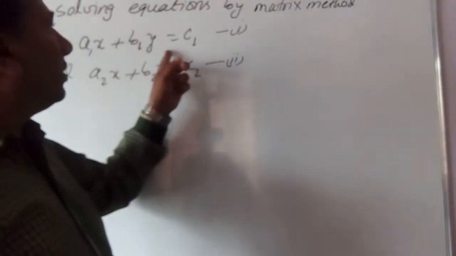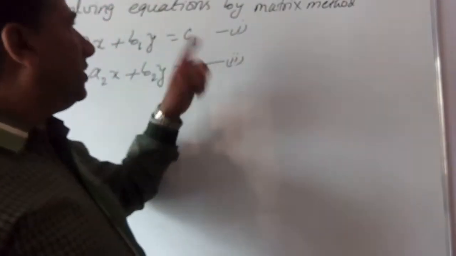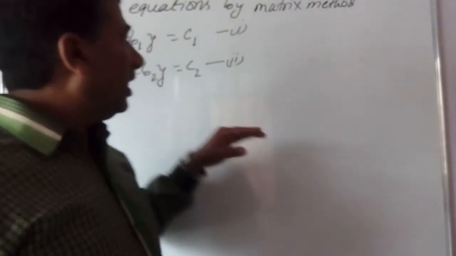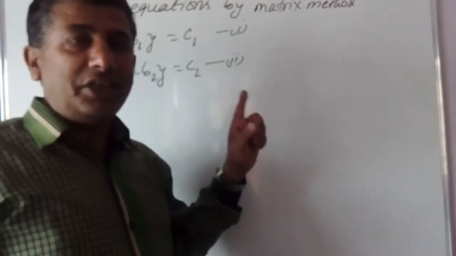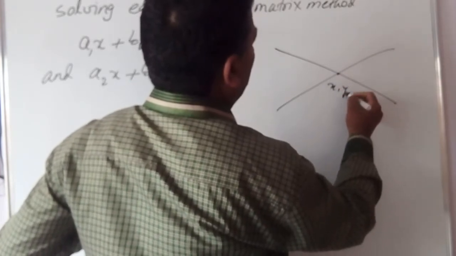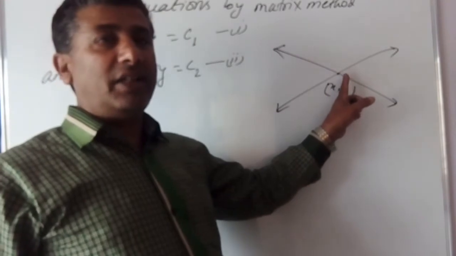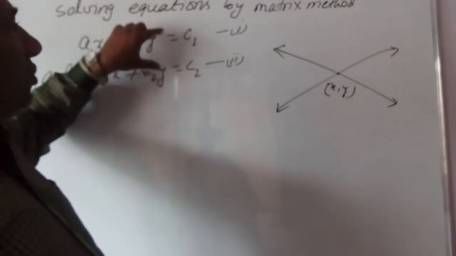Now remember that a linear equation represents the equation of a straight line also. It means equation 1 gives one straight line and equation 2 gives another straight line. Actually we are solving these two equations, and we are finding the values of x and y. It means we are going to find the point of intersection of these two straight lines. Why do we need to solve these two equations?